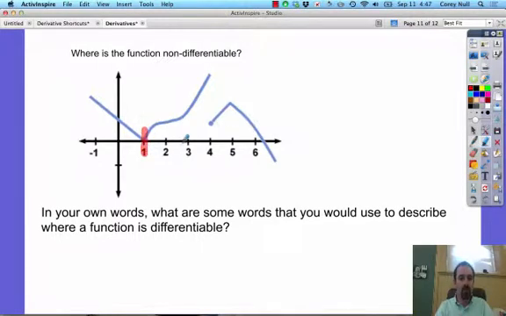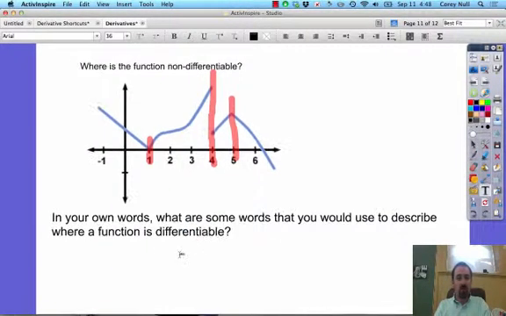Problem point. This is all good in here, but once you get to 4, remember the limit has to exist from both sides because the derivative is a limit. Not going to work. It's not even continuous, so it can't be differentiable. And at 5, again, we have a jagged edge. So anytime you have some kind of jaggedness or discontinuity, we can't be differentiable. So the best words that I use here are going to be smooth and continuous. Smooth, just like